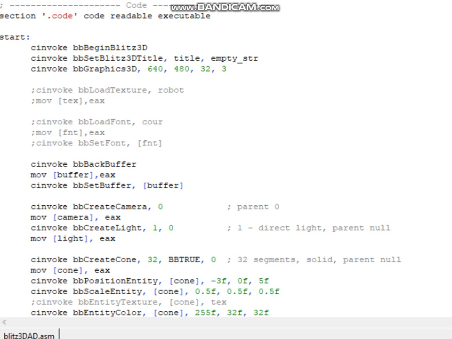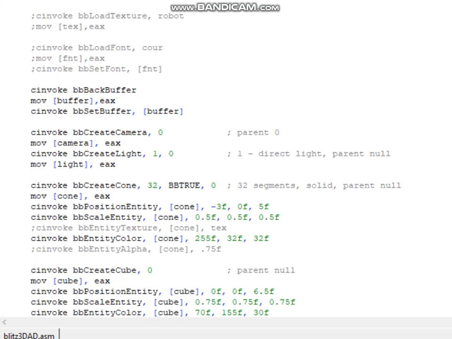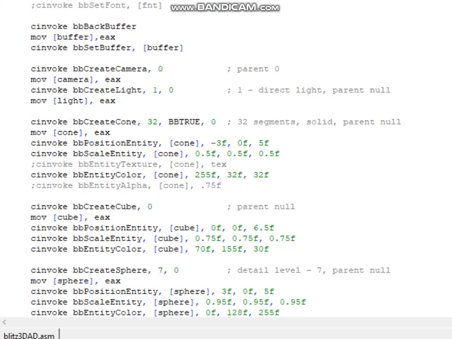Then for future reference, you can load a texture, you can load a font, set your font, but we haven't got round to them yet, but we just put them in there to remind us that we need to do it. Create a back buffer, save the buffer file handle, set your buffer using the pointer to the file handle, create a camera with parent 0, very important, you remember about these parents, and then you save the file handle in the camera file handle